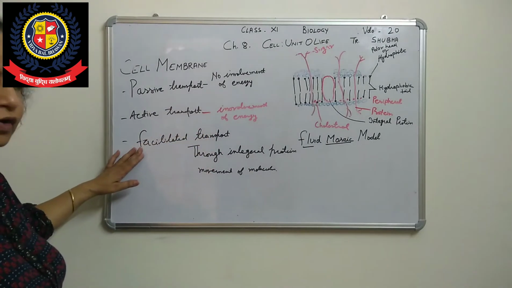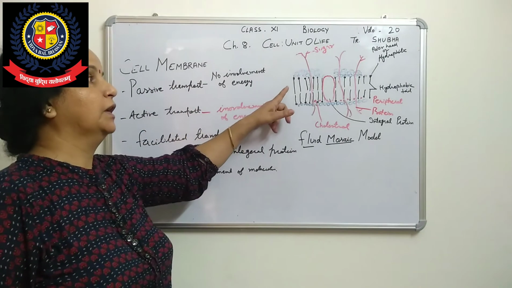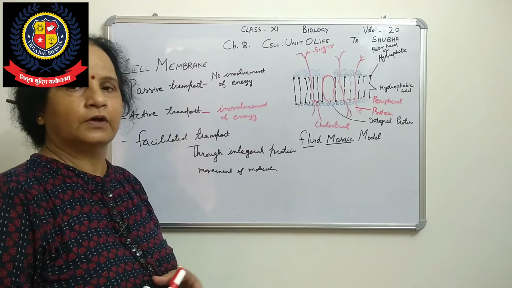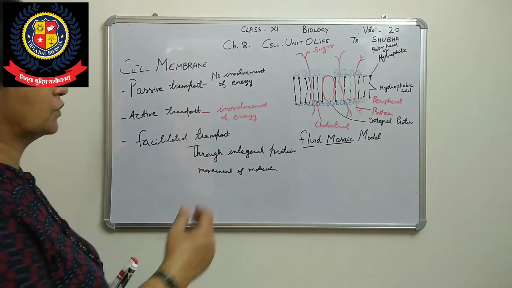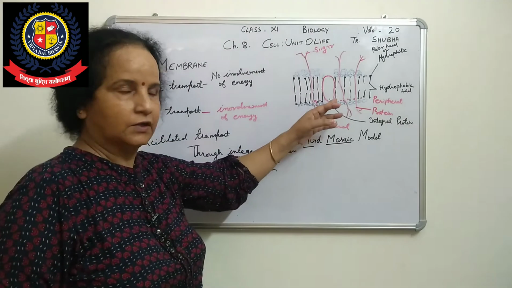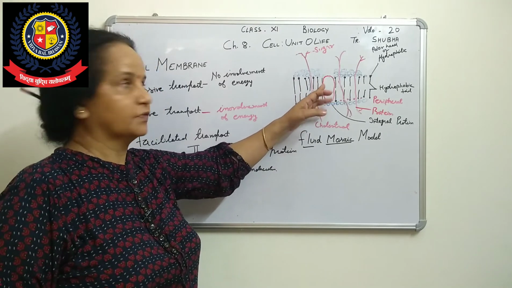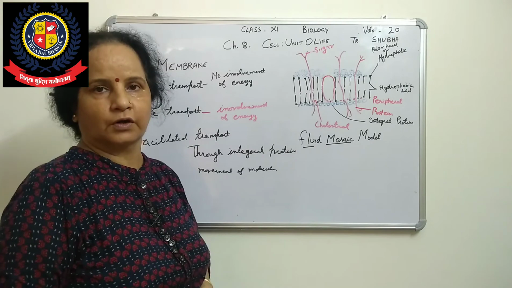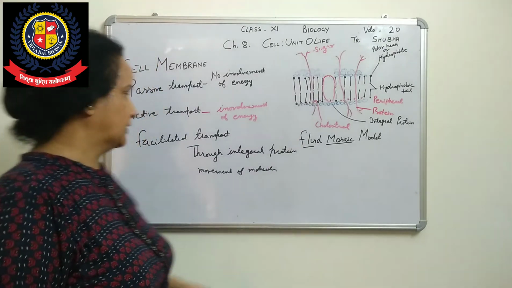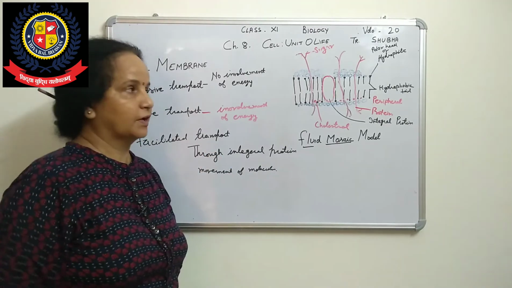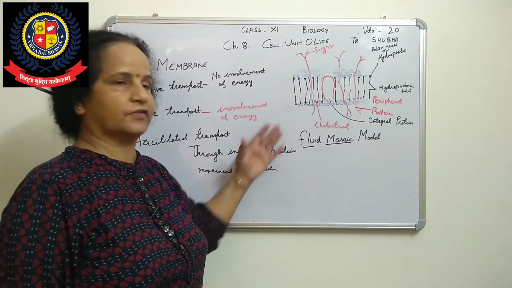Third, those molecules which are not able to cross this wall because of the hydrophobic tail layer of lipids. So through integral proteins, they are provided facility. These are the carriers that carry such molecules across this membrane, and such movement is called facilitated transport. Is that clear, beta? That is the function and the structure.